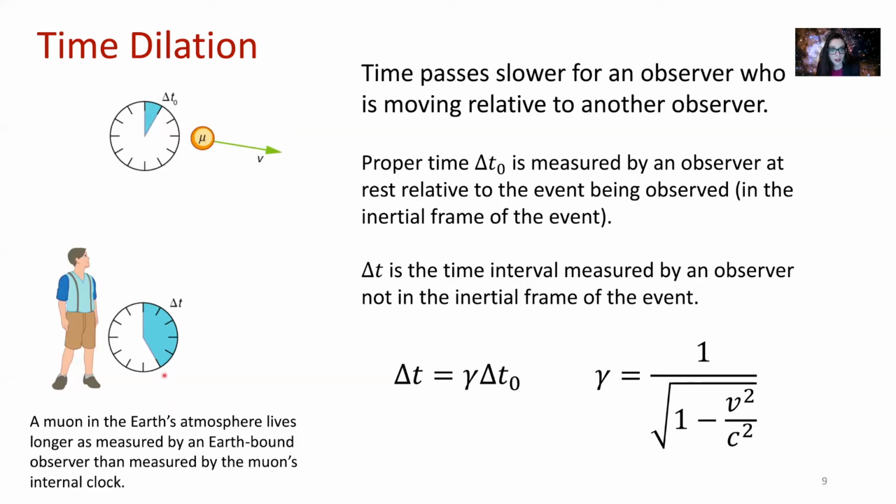So this person here will see that from their frame of reference, the muon is actually going to live a longer time in their frame of reference compared to the muon's frame of reference. And that all has to do with our differences of reference frames and the fact that this muon may be traveling very close to the speed of light. So this quantity gamma here is a quantity that changes as you approach the speed of light.